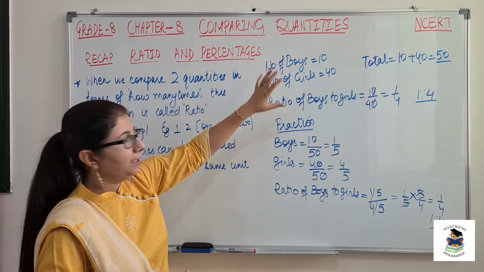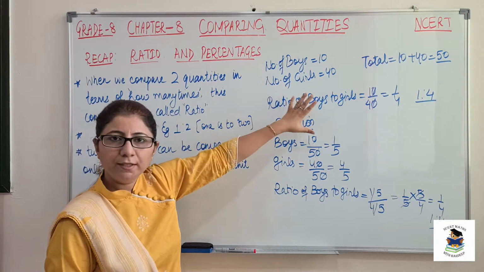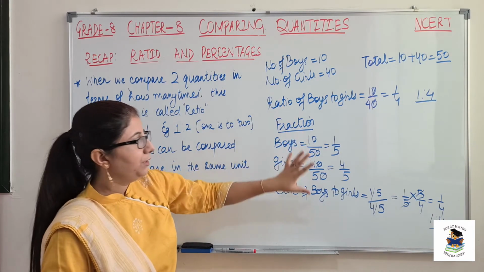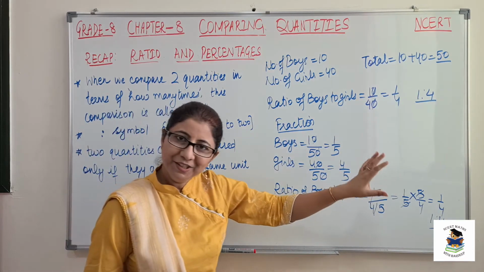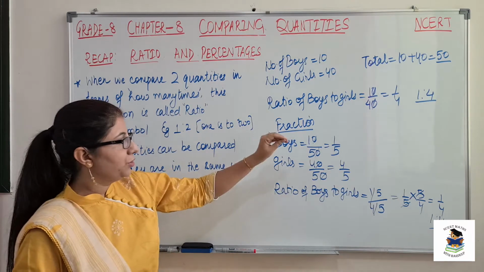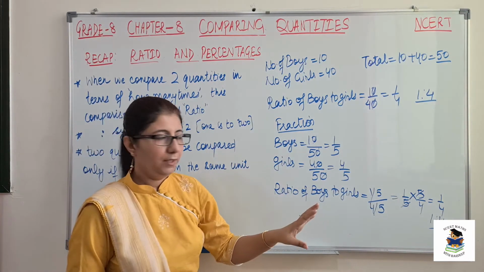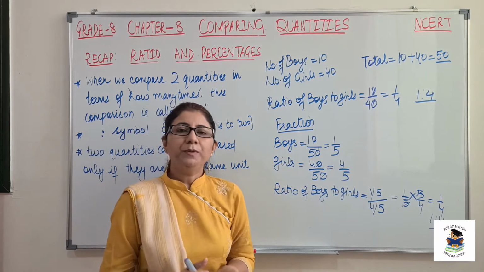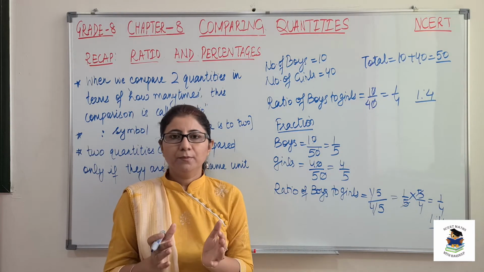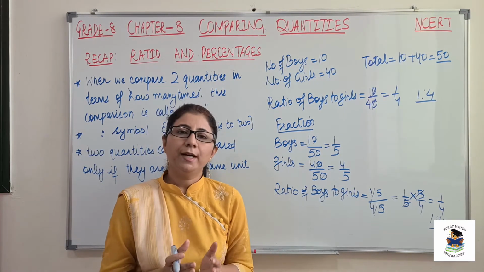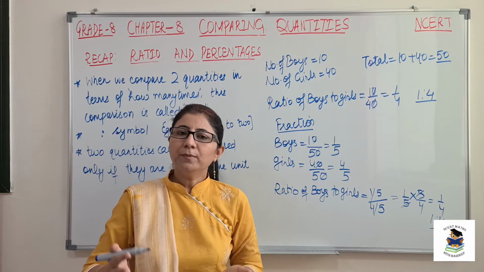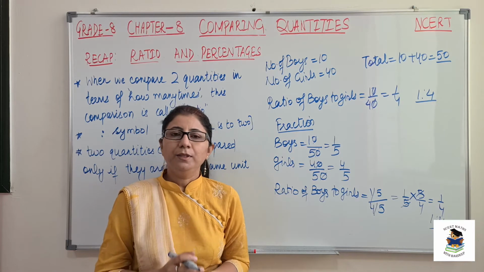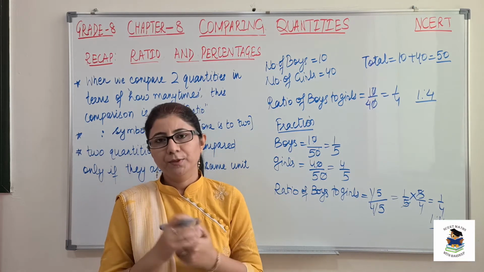So we can directly divide them, then also we can get the ratio. But if we are given a fraction, then also we divide them and we will get the ratio. So that means ratio and fraction both are related. So the next is percentage. Percentage means when we are calculating something out of 100. Suppose we are having one exam and total marks is 100 and you are getting 80 marks out of that. That means you are getting 80% marks.